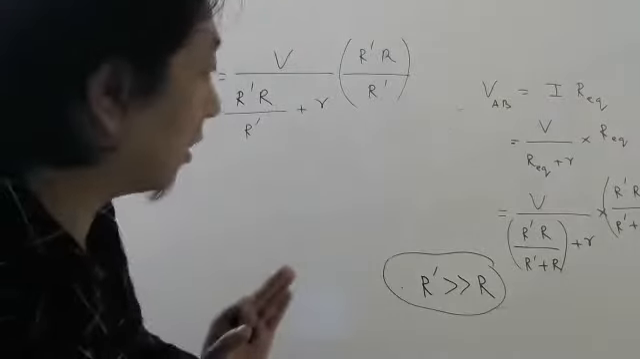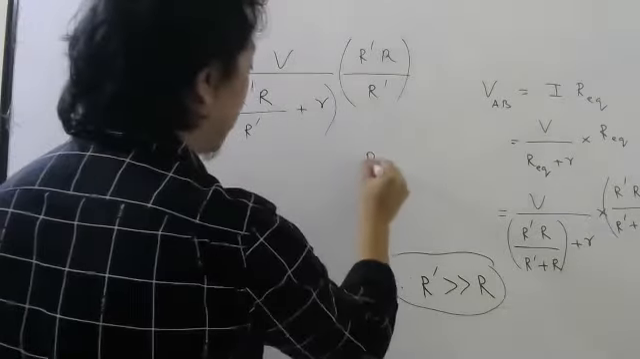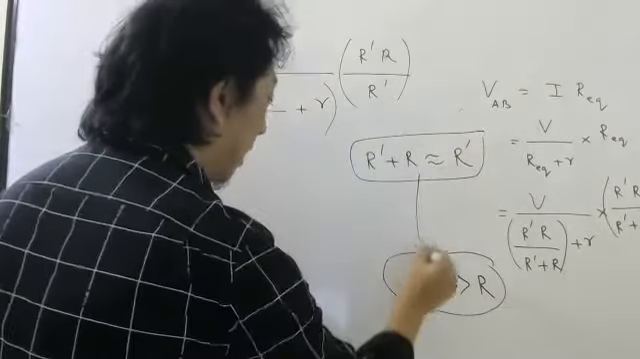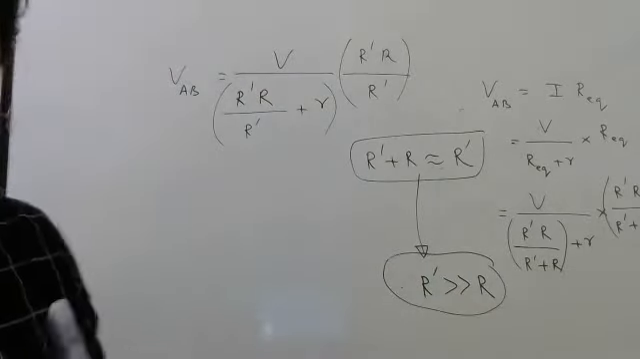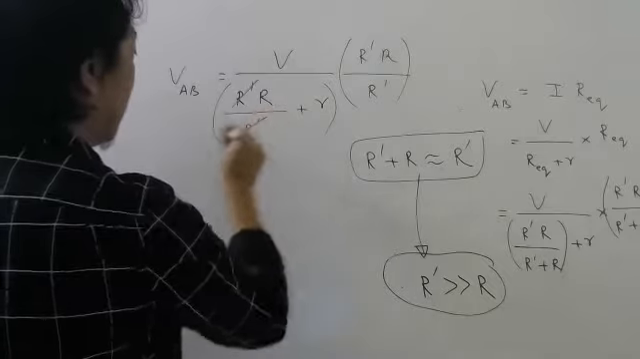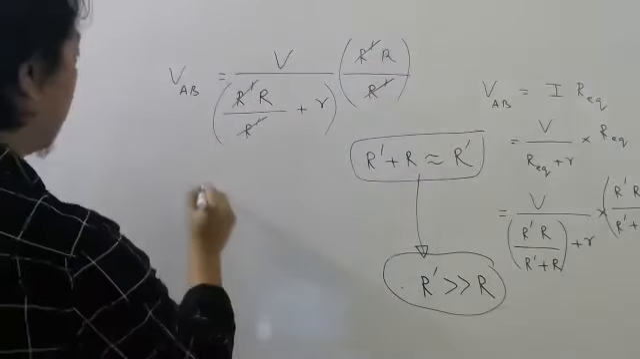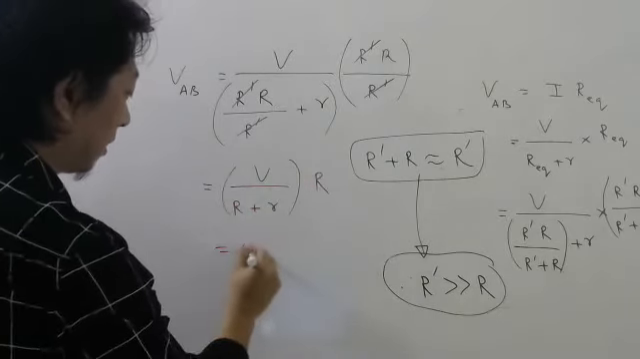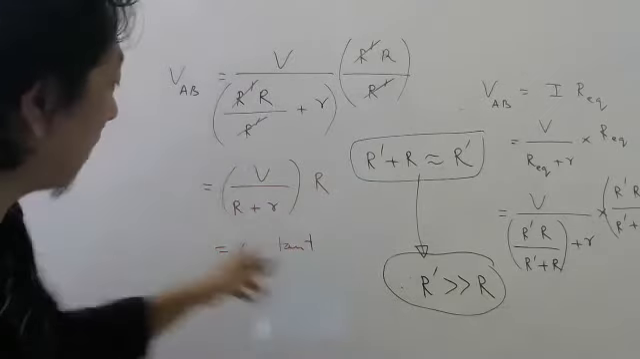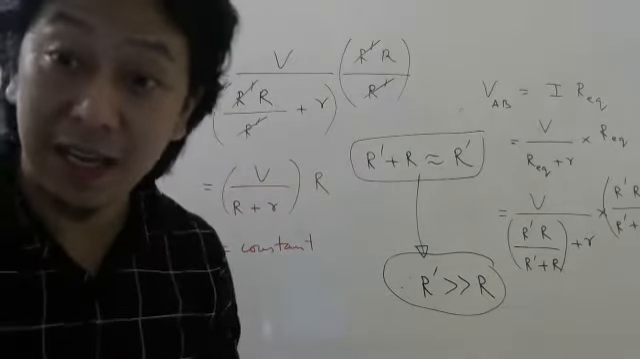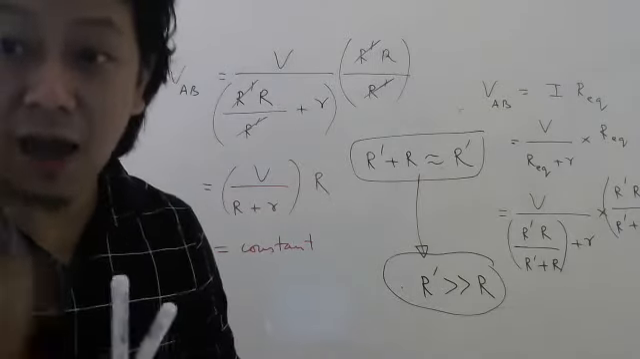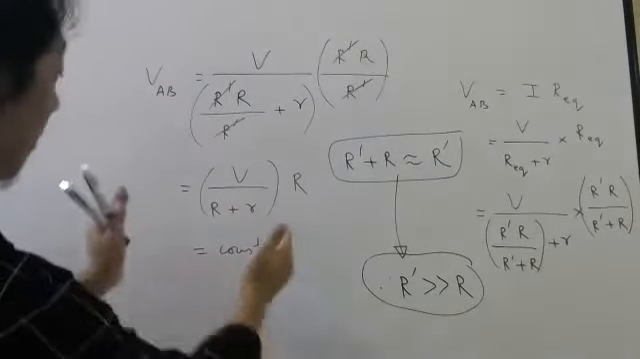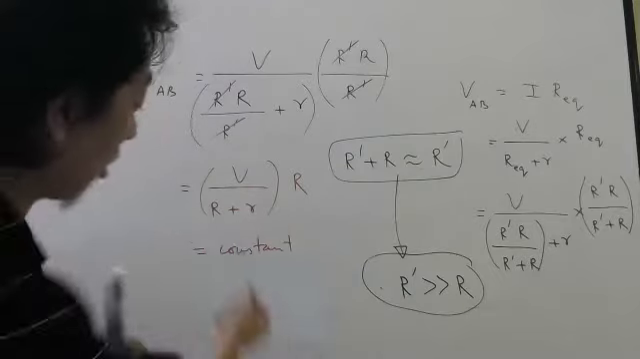So I hope all of you understood what I have done. Wherever there is R dash plus R, you can approximately write R dash, because R dash is very, very large. Now see what happens. Simplification will happen. Cancel, cancel. So now if you look at the formula, it looks something like this, which is a constant, which does not depend on R dash, provided R dash is very large. So it is correct to say that when R dash is very large, if you change R dash, the voltage between A and B will be almost constant,